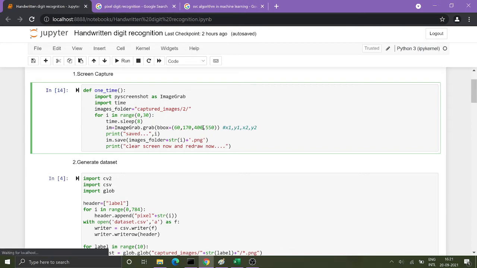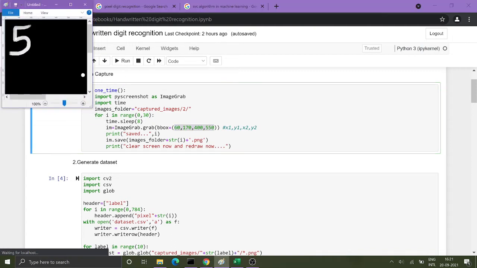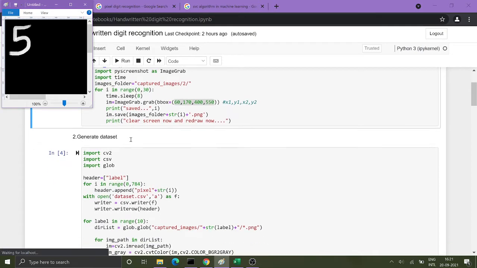Now why the top left corner? It is because of this reason. These are the coordinates passed for the top left corner. This was the reason that I placed Paint in the top left side. As soon as it gets saved, the print image will follow, and then it will save that particular image in that folder with the string name and .png.